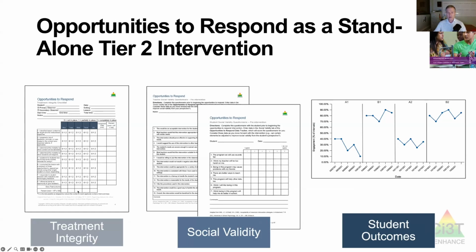And then on the left there, you see the treatment integrity checklist. So you can measure, am I putting it into place as designed across days? So you can look at for the whole week, how did I do? Or how did I do across the components for the day? In the middle there, there's some examples of adult and student social validity forms that you can download from the